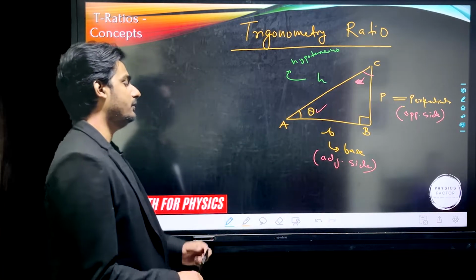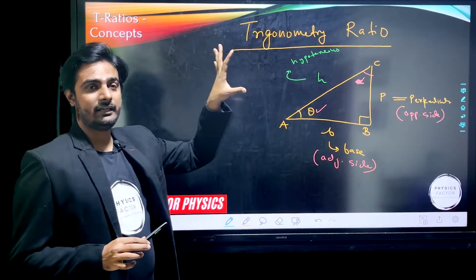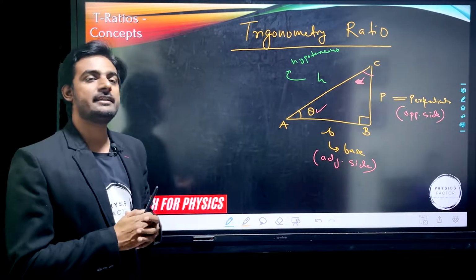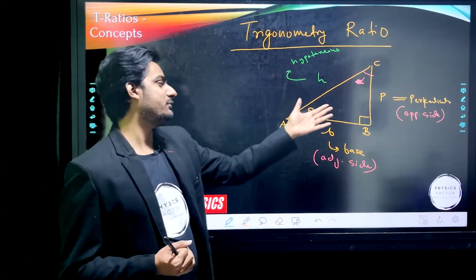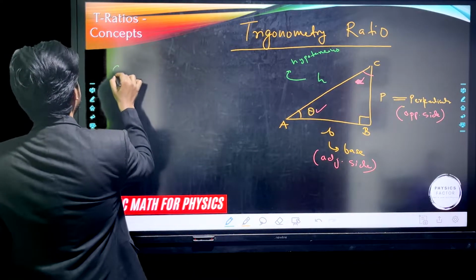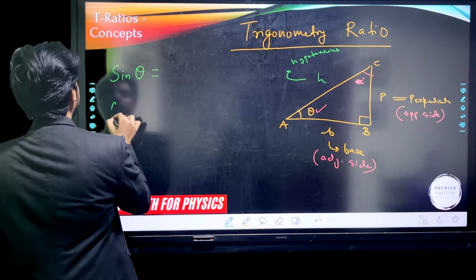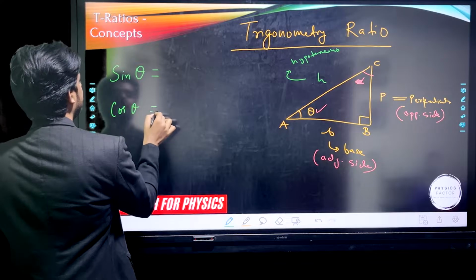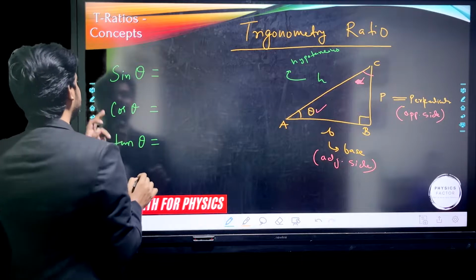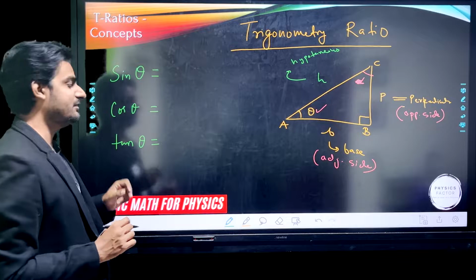Alright, okay. So now, I told you trigonometry is a branch of mathematics. In trigonometry 6 ratios have been defined. Ratio means ratio of two sides. They just put a name. So 6 names, now I'll introduce you. One is called sin theta. One is called cos theta. And one is called tan theta. This is sine basically, and cosine, and this is tangent.